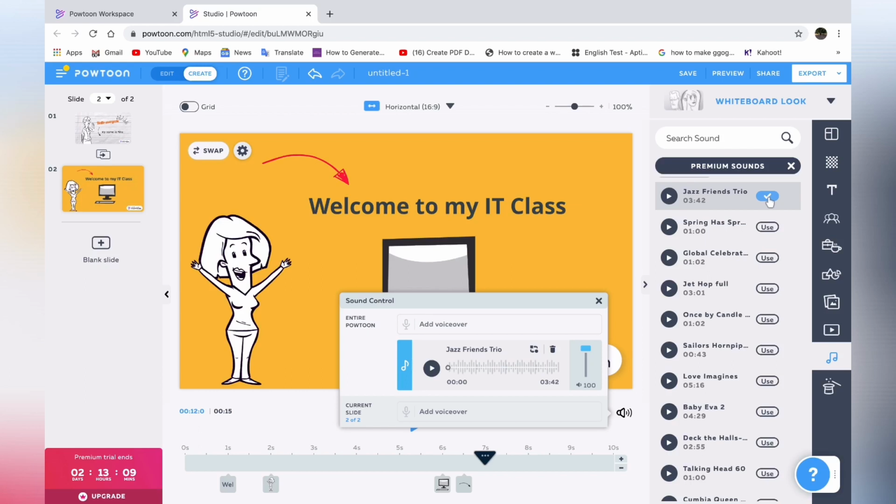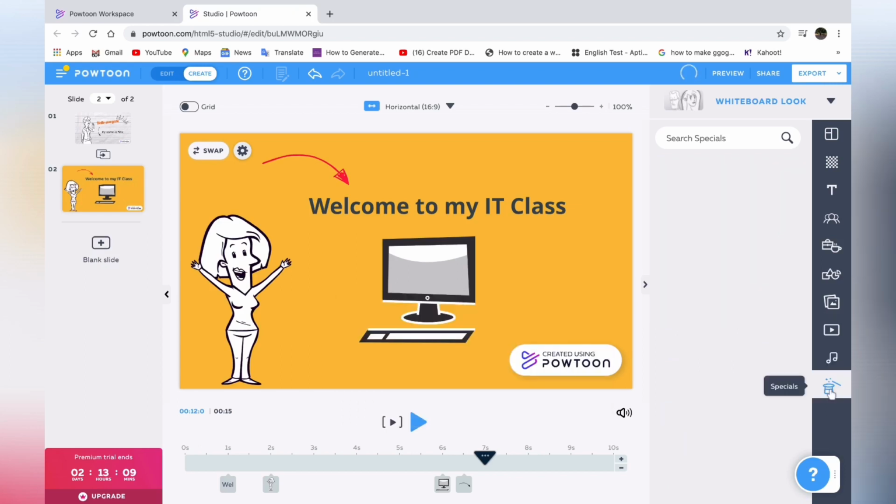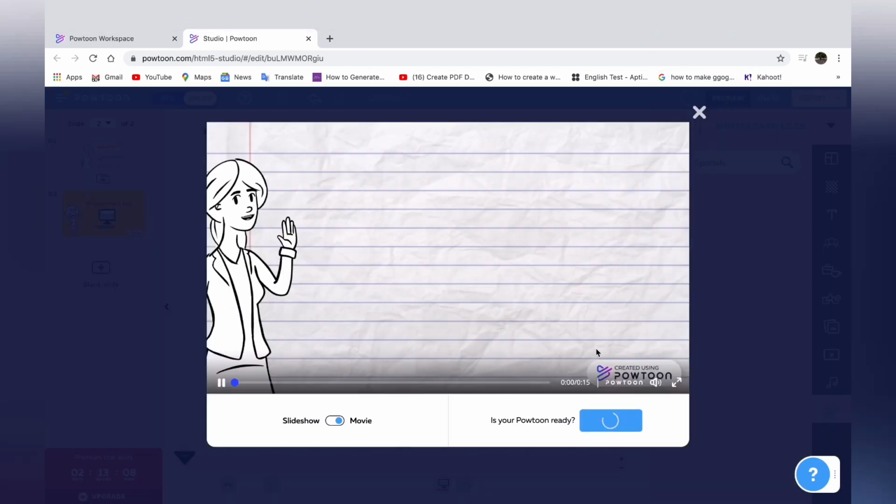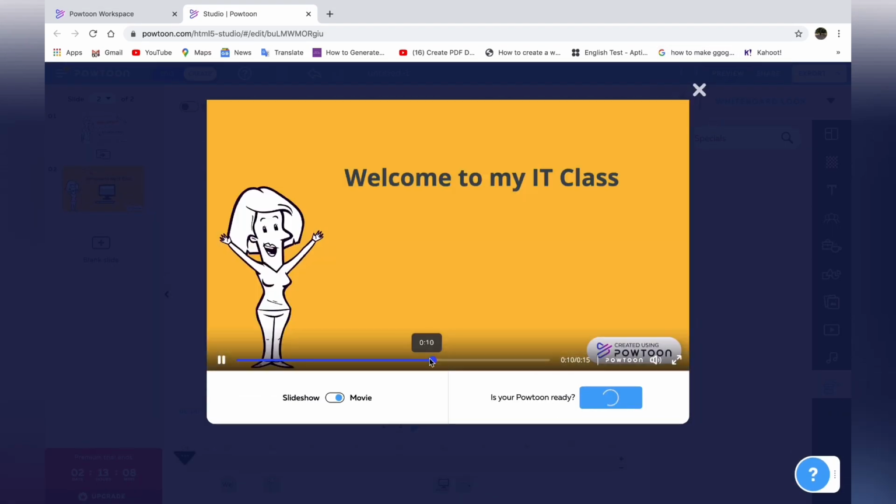Here I am choosing some already available soundtracks. You can play that and listen, and then you can click on use button to add it on your slide. After adding music, click on save button and you can see the preview of your video. Like here you can see the preview.